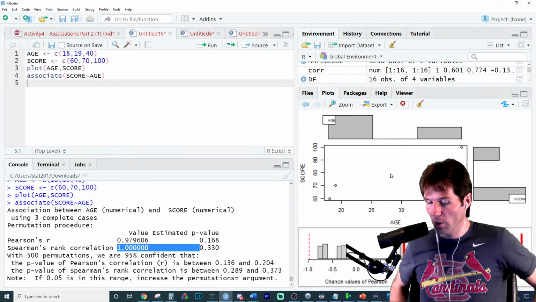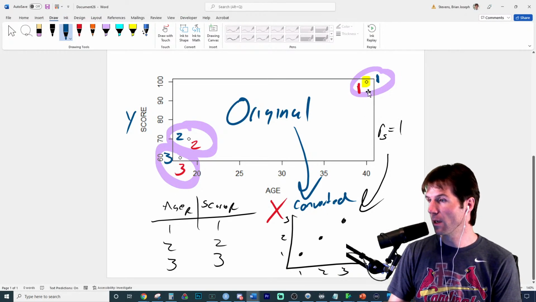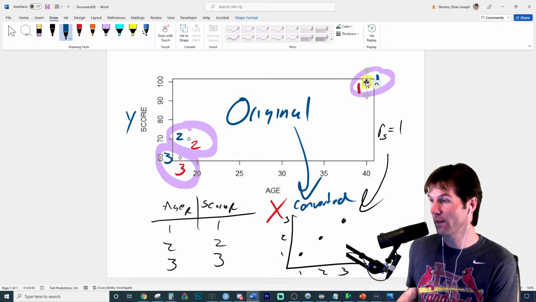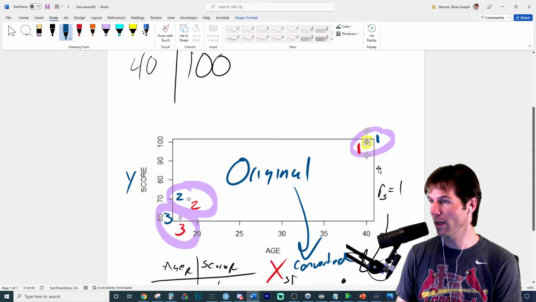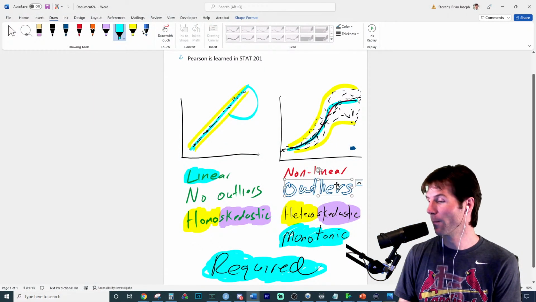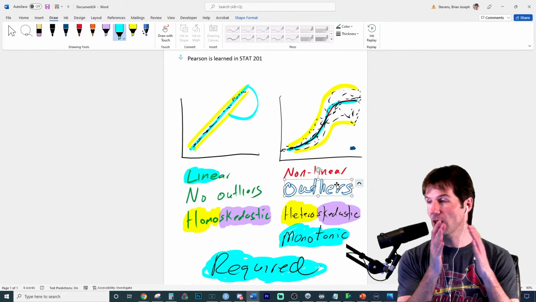If Brian was 100 years old, what would happen to Brian's rank in this data set? If Brian was 100 years old and scored a 100, Brian's rank would still be what? Like if Brian gets even older, which let's hope doesn't happen, Brian's rank would still be what? And what do you notice is happening with outliers then? Brian's rank would still be 1, right? So when we turn everything to ranks, something really can't be a what? If everything is turned to ranks, then we are dealing with what? Exactly. Nothing can be too extreme because if there's 100 data points, the ranks can only go from 1 to